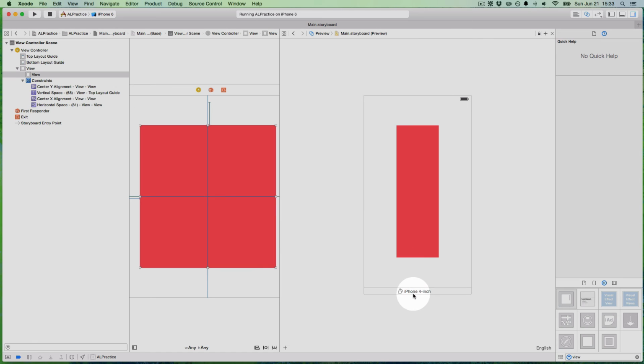You can see down here it's telling us iPhone 4-inch. So this is the size screen that we're getting. We've got our status bar up here, and again, this nice spacing, and our rectangular view in the middle. So now we don't have to run the simulator to know that we're still going to get a rectangle when